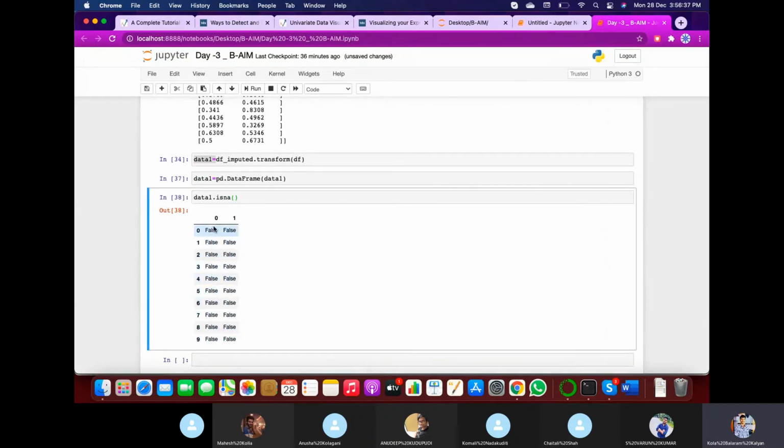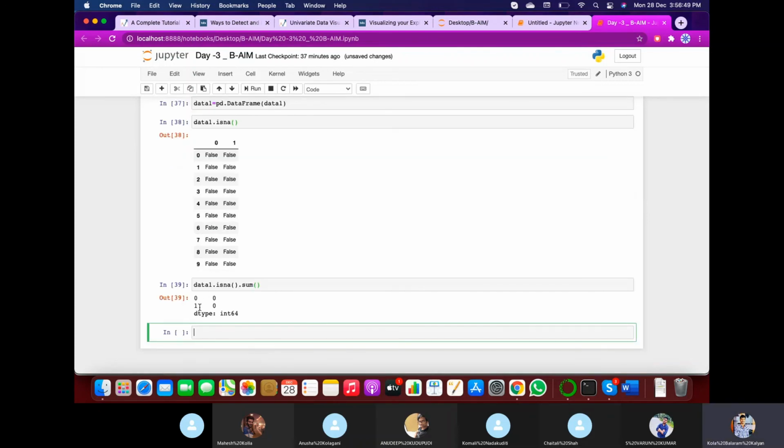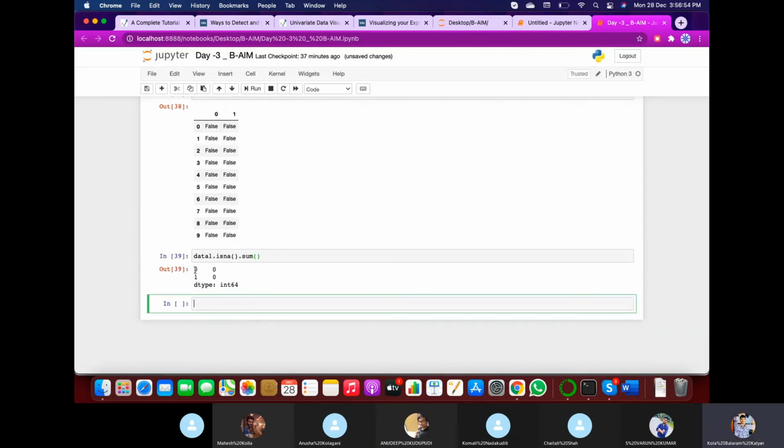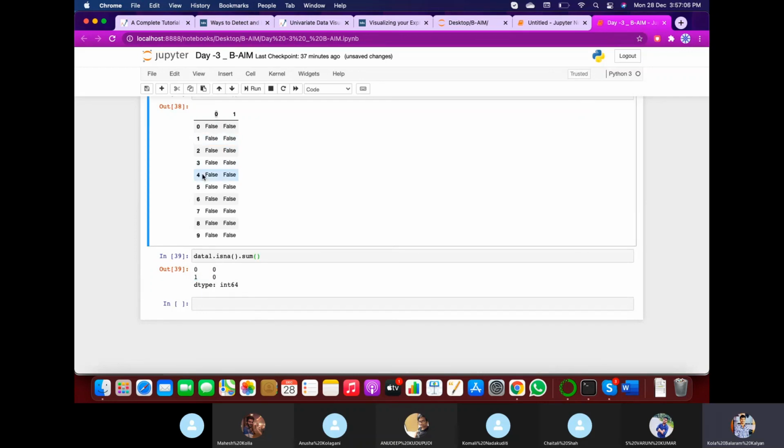We are asking whether there is any missing value, and they all say false. These represent the columns and this represents the total sum values. In the 0th column, we can rename the columns. For now, I am saying in the first column we have no missing values. In the second column also we have no missing values. So it is clear that we have treated the missing values with the mean imputation.